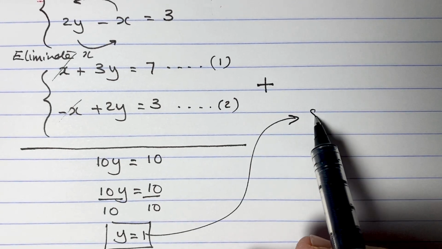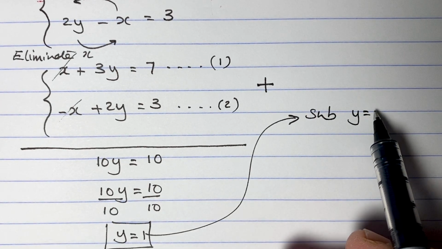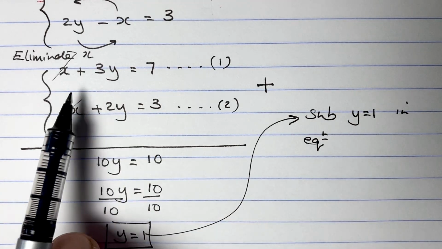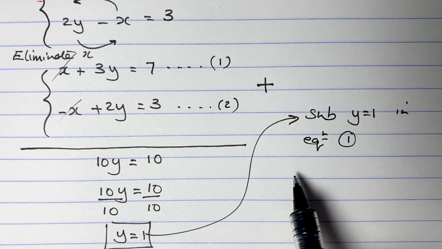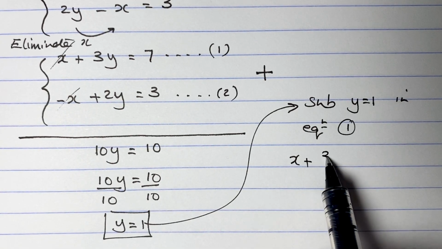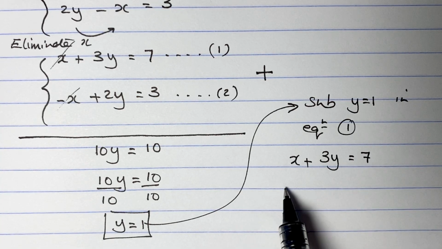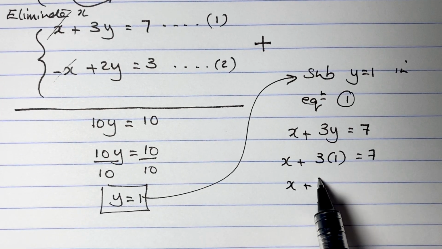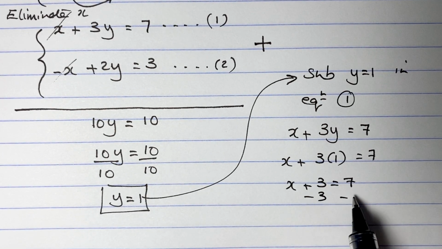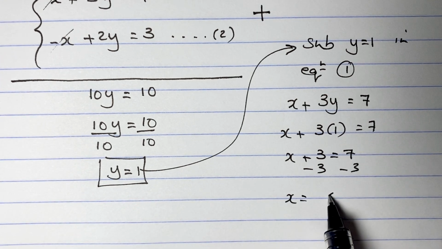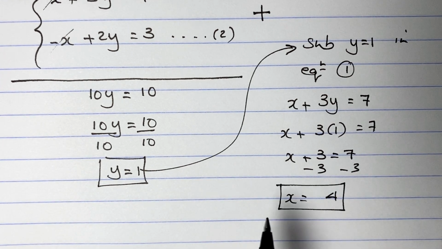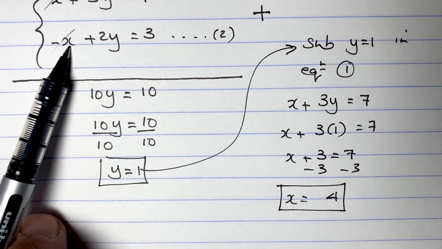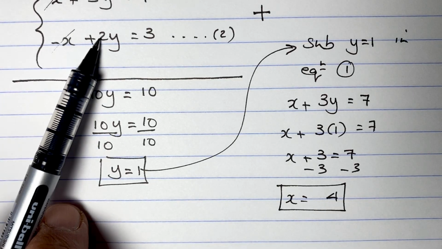Then as before, substitute the letter you found, y equals 1, in equation 1, which is my choice. So we have x plus 3y equals 7. x plus 3 equals 7. Remove 3 from both sides. x equals 4. Do a mental check in equation 2, because you used 1 for substitution. Minus x, that becomes minus 4, plus 2 lots of 1,